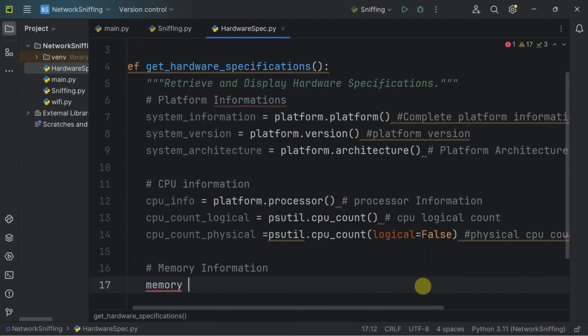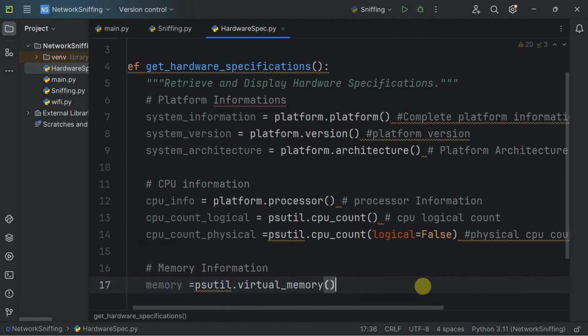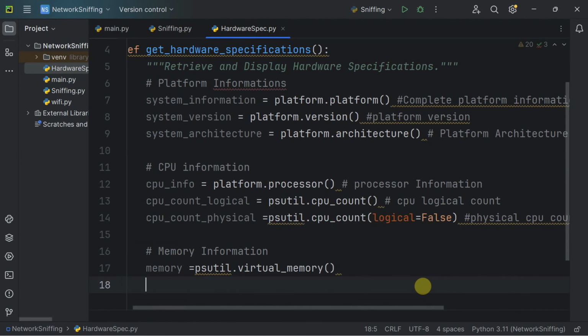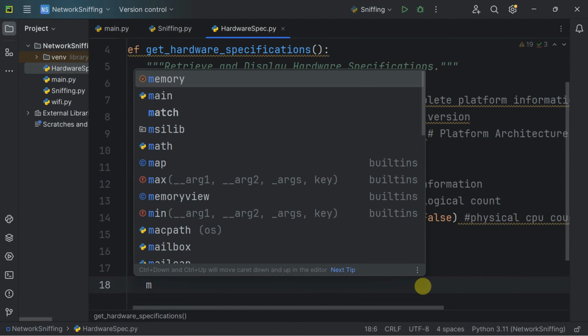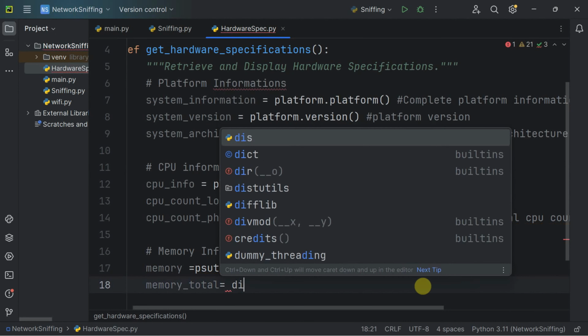Memory, this variable is going to be equal to psutil dot virtual_memory. You see virtual memory function. So this is for displaying virtual memory information. So we are going to display total memory. For information about the total memory, let's use memory underscore total, and which is going to equal to disk,